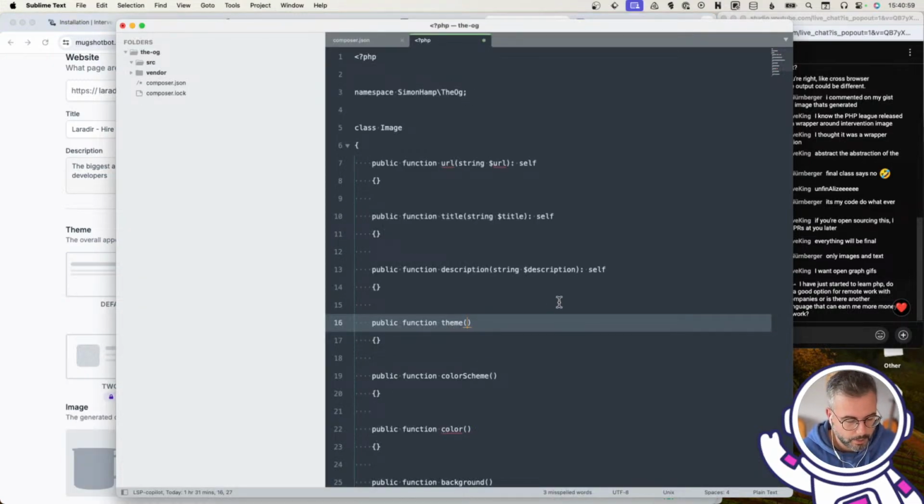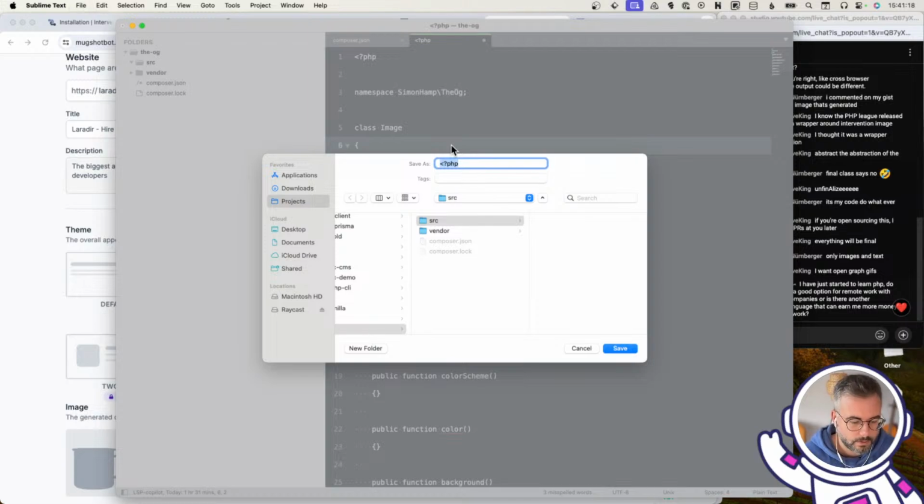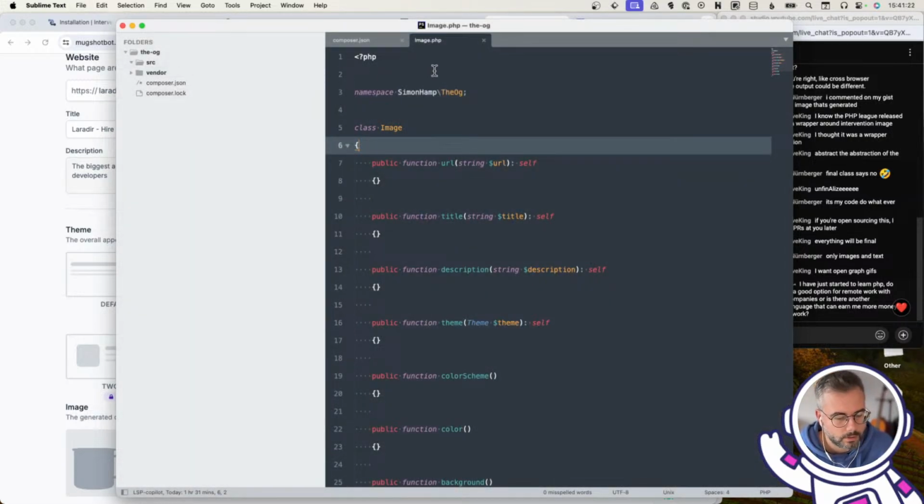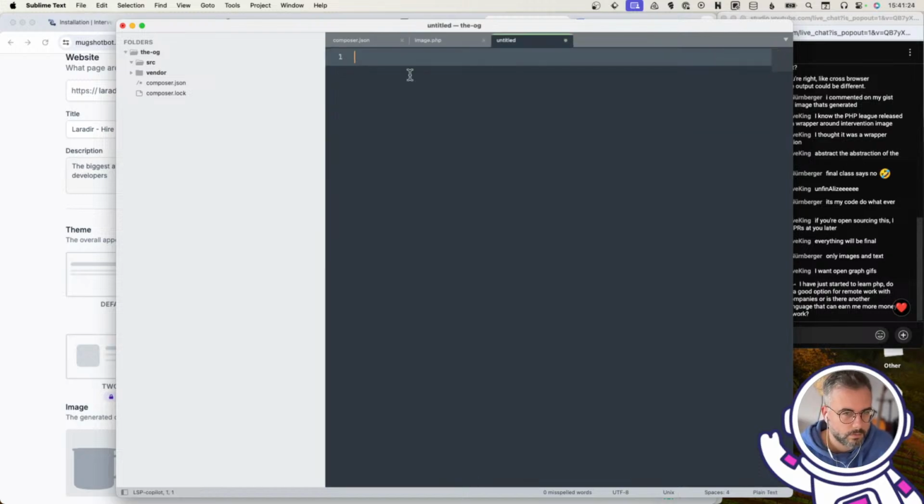So it's going to be theme, and we'll call it theme. And if you're setting a theme, yeah, no, we always pass in a theme, right? So we're going to create that enum. Let's do that. Let's save this. I'm going to call this image.php. Save. And we're going to do a new one. And we're going to do